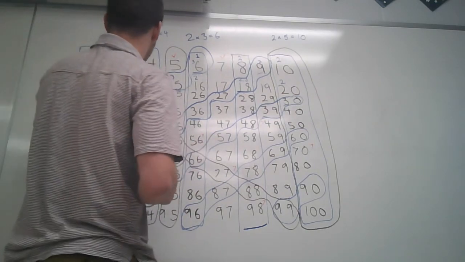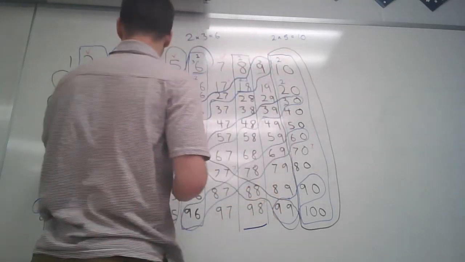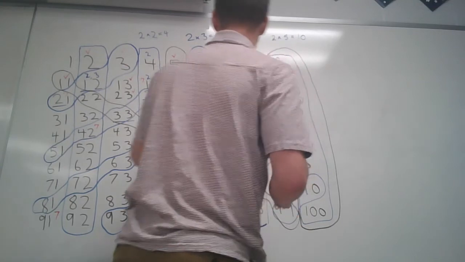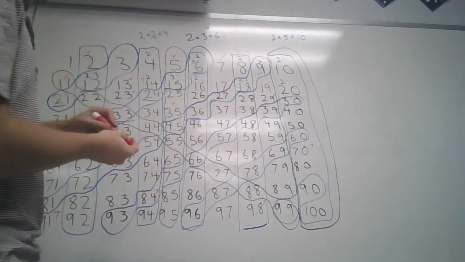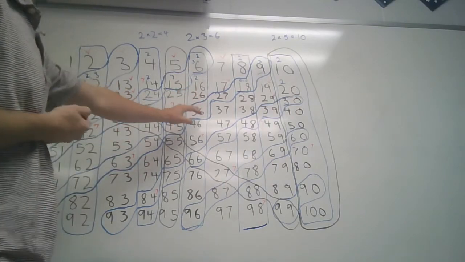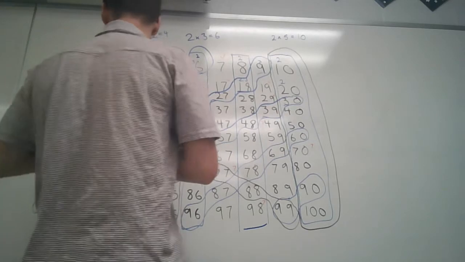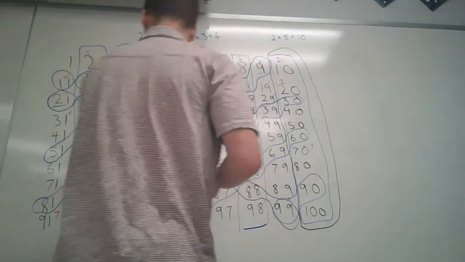So we don't even have to check them. 13 is prime, 17, 19, 23, 29. If you see 26, it's a little tricky here because, oh yeah, that one's actually in a 2 box. I was looking at the 3's and thought I dodged it, but yeah, 29, 31, 37,